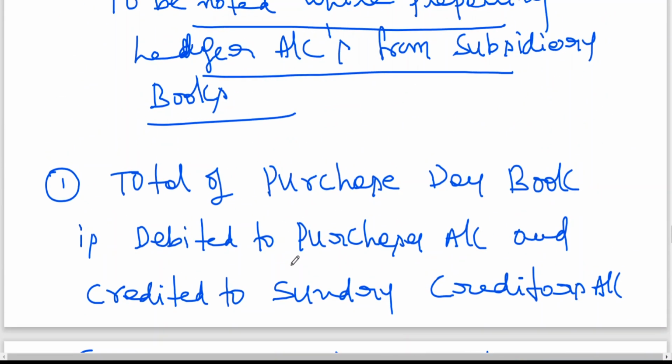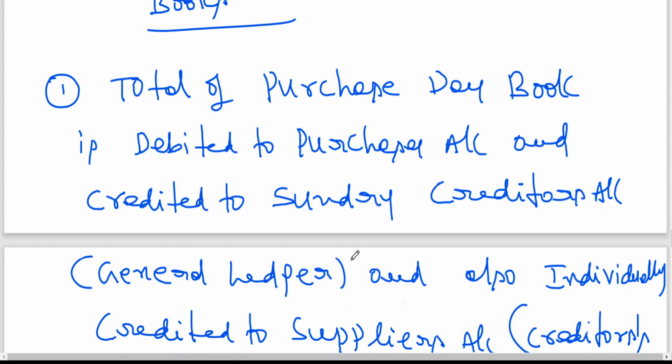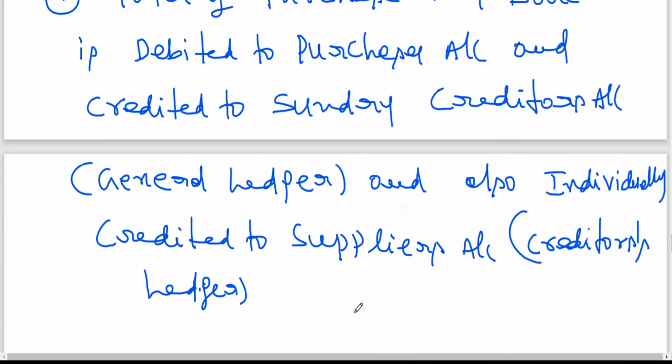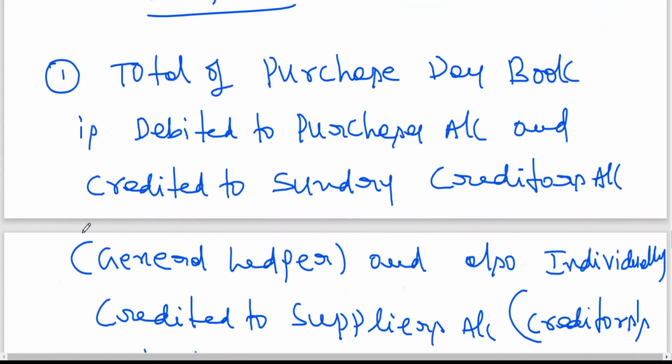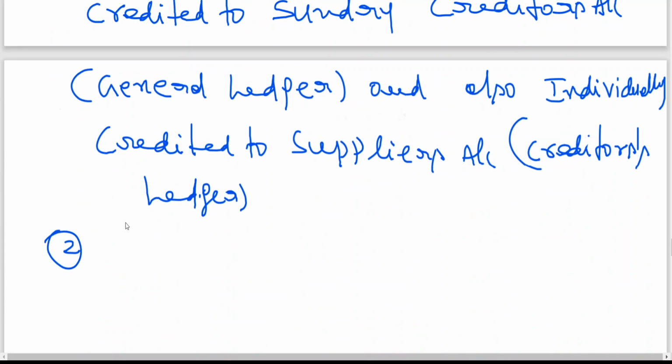Total of purchase day book is debit to purchase account and credit to sundry creditors account, and also individually credited to suppliers account. What is the name of the ledger? Creditors ledger. The second point, this is useful for you even tomorrow whenever you want to teach to somebody. These notes will be useful. I'm giving the main points to you, all of you, to make a note of it. Then second point,